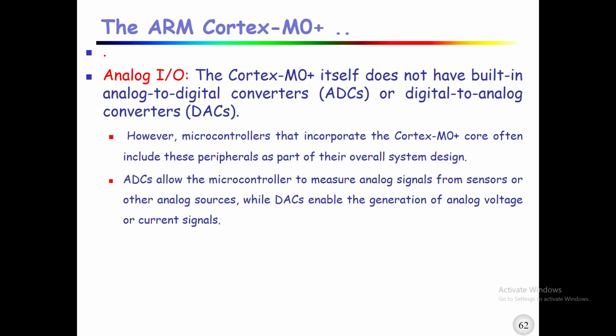Analog input outputs. The Cortex M0 itself doesn't have built-in analog to digital converters or digital to analog converters. Because of this, digital inputs, analog input output data. However, microcontrollers that incorporate the Cortex M0 core often include those peripherals as part of their overall system design. So the analog to digital converter allows microcontrollers to measure analog signals from sensors or other analog sources, while the digital to analog converter enables the generation of analog voltage or